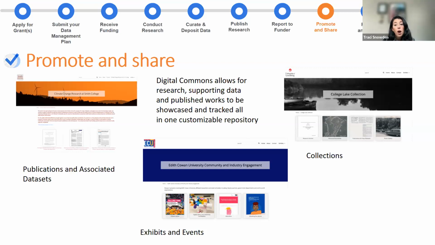There are some fun new content types as a means of showcase that are emerging, in addition to standard publications and associated data sets. For example, exhibits, using an institutional repository for that real-time online event. So actually getting people to show up and see the data, maybe getting some PR around it, et cetera. And then enhanced collections. So again, we talked about that a little bit earlier, this concept of multimodal collections, or even across institutions pulling collections together.